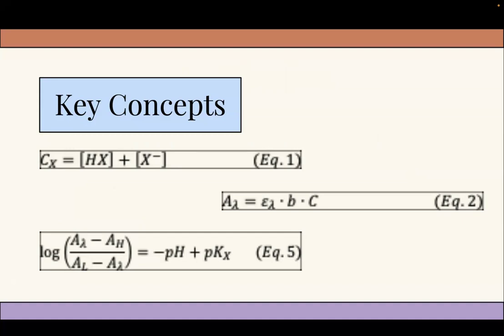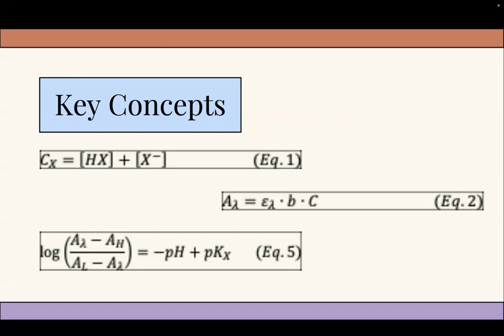So the equation Cx equals the concentration of H times X plus X minus states that the total concentration of the indicator in solution is equal to the sum of the concentrations of its acidic and basic forms. It reflects the principle of mass conservation in chemical equilibrium, where the total amount of a substance remains constant regardless of its chemical form. In the context of pH indicators, maintaining a constant total concentration allows for consistent color changes